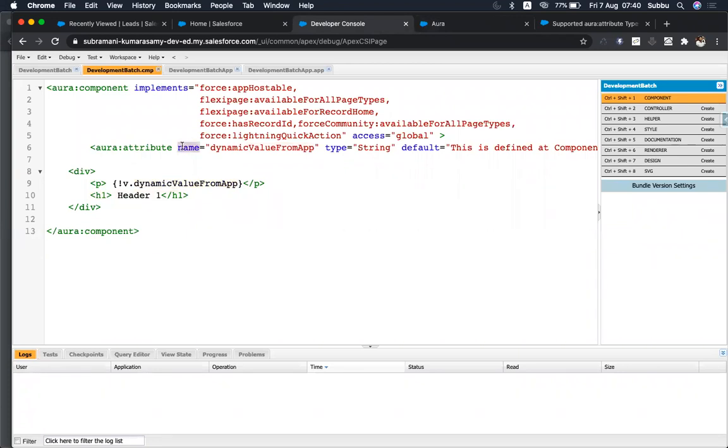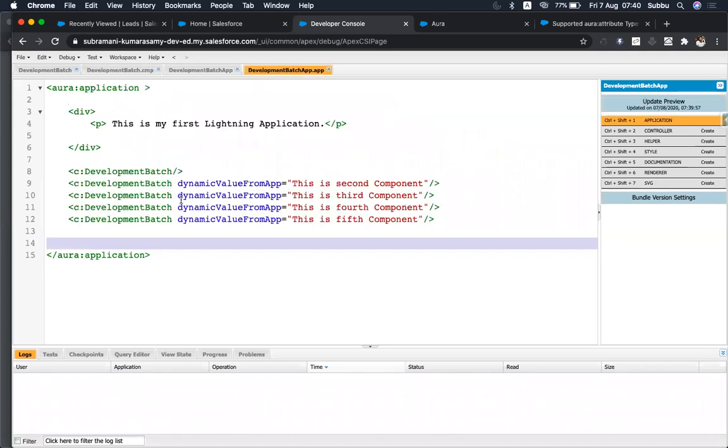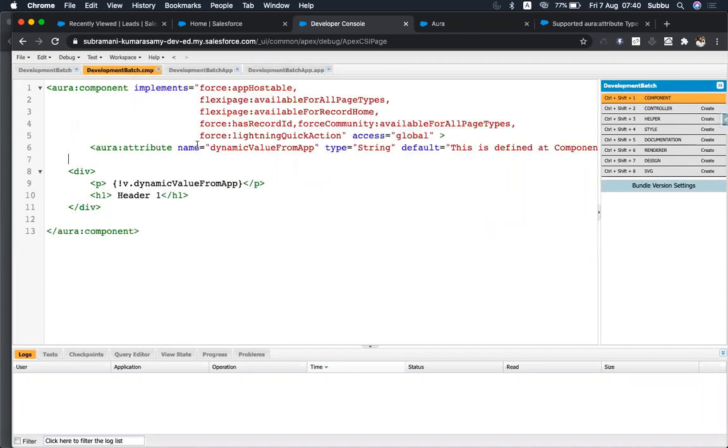So this attribute is useful for when you want to dynamically populate some values inside this component. I mean this Lightning component, you will be using the attribute. It's not just with the application, from application you are passing. So from here also this is static value. But what we understood is how to populate the value dynamically here. Okay, so this value may be coming from the database also, right?